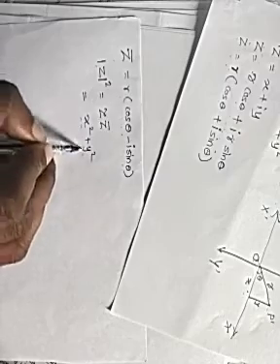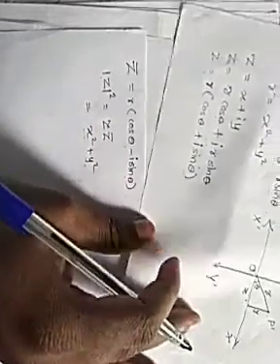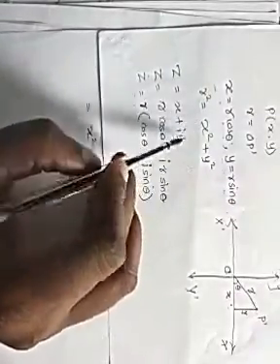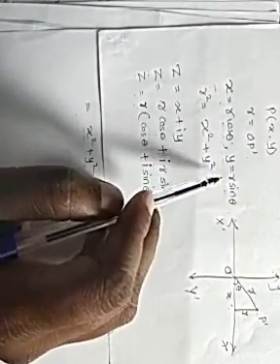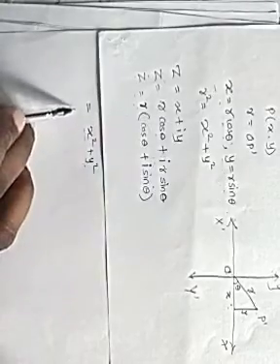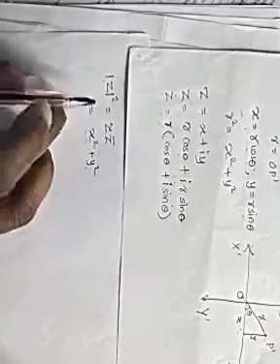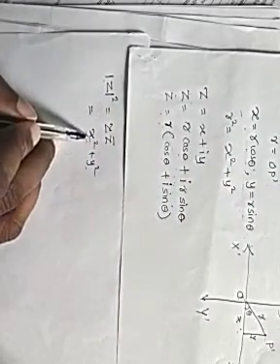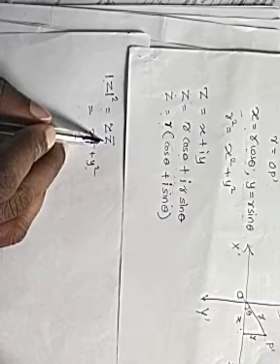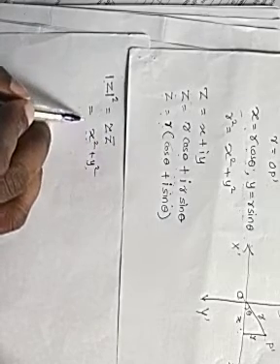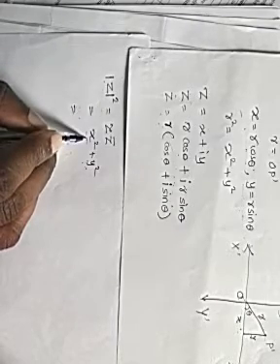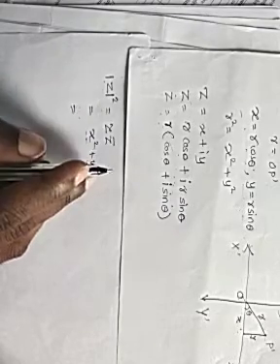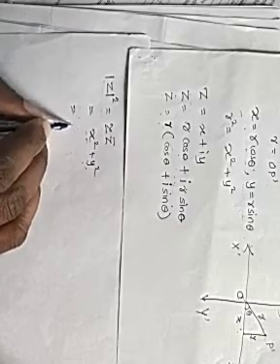We put the values of x and y, so we have r square